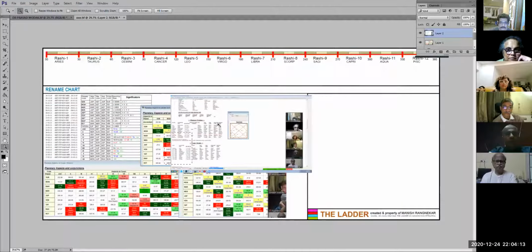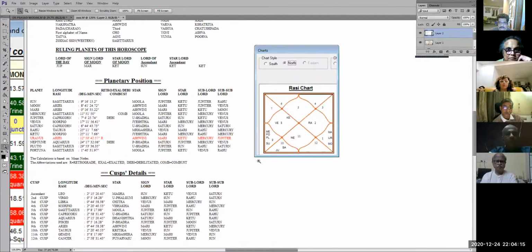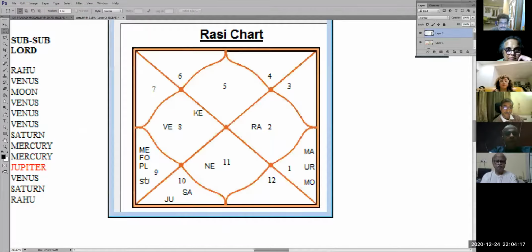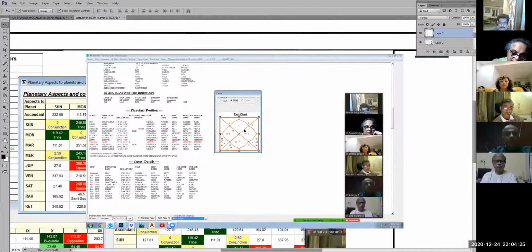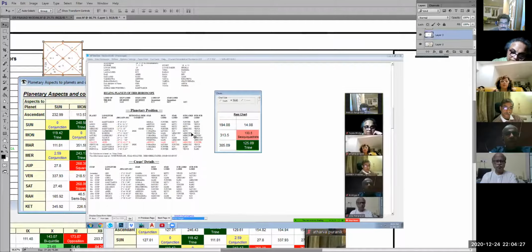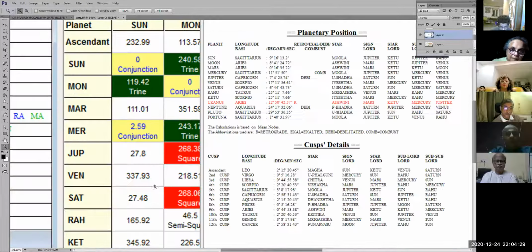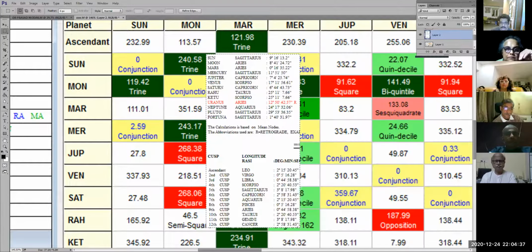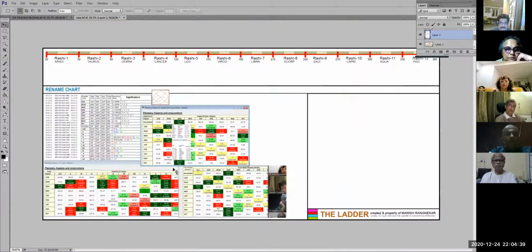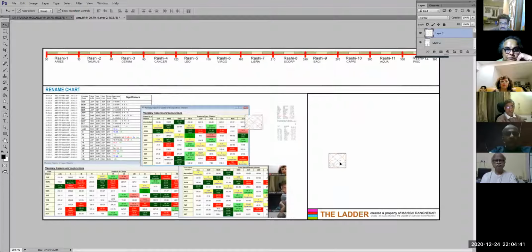Okay. Now at this point, what I do is I select this Rashi chart over here, and I make it into a separate layer and I keep it just for the timing. Those of you who know Photoshop might be able to understand what I'm doing. From this, I select just the necessary part, what we require for the analysis, inverse it and delete it. So now what we have got is this.